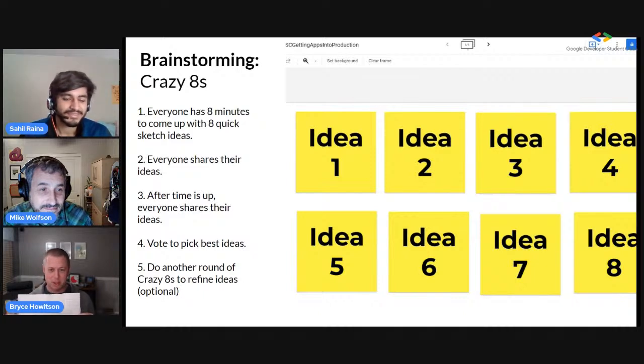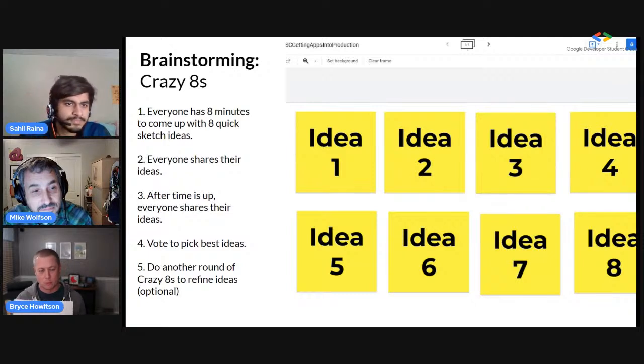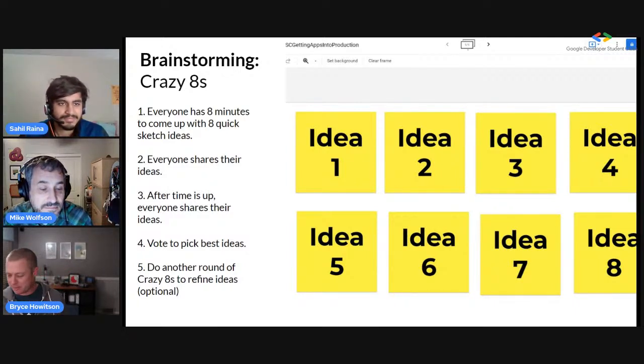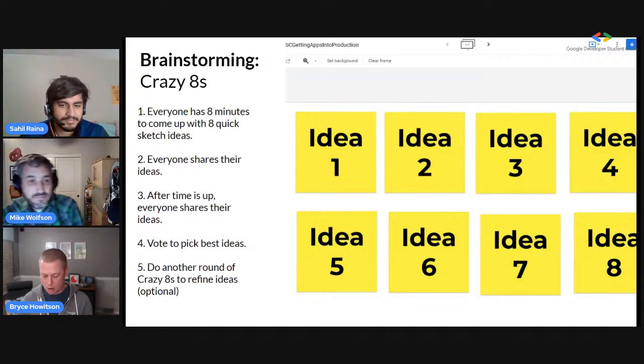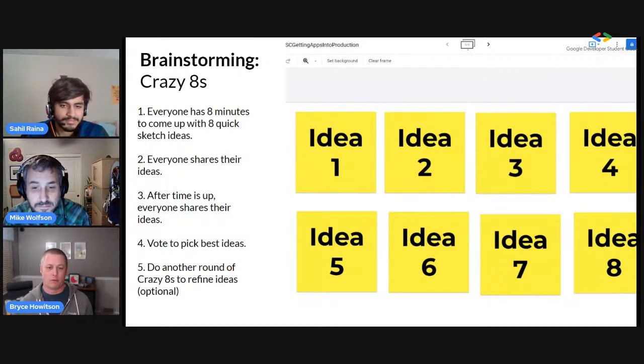Here's what's cool about this project. Each one of those little squares is where we are going to draw or write an idea. Now, the catch with this, remember how I said time boxing is important? We typically do 1 minute per little idea. That's not a lot of time, and that's the fun part about this. So let's do 4 ideas instead of 8, just for the sake of time here. So I'm going to set a 4-minute timer,